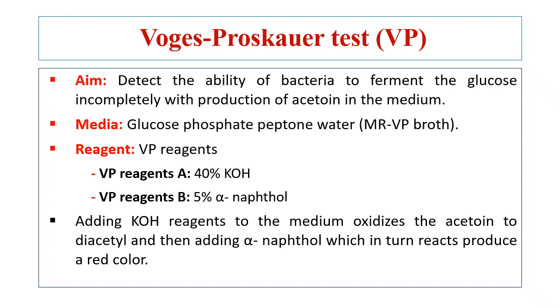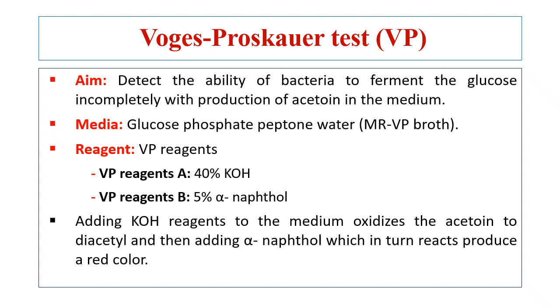Now, the Voges-Proskauer test is used to detect the ability of bacteria to produce acetoin from fermentation of glucose. This fermentation is incomplete, leading to production of acetoin. How do we detect these bacteria? We use media like in methyl red, called glucose phosphate peptone water or methyl red Voges-Proskauer broth, and two reagents, A and B: 40% KOH, and reagent B, 5% alpha